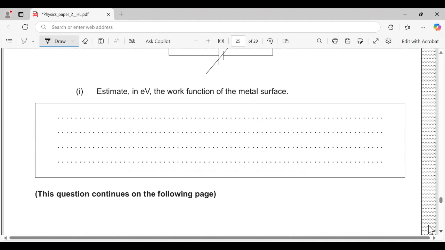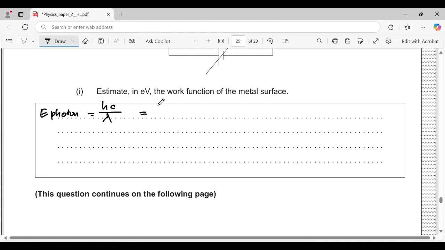Estimate in electron volts the work function of the metal surface. I would like to start from E photon, the energy of photon, equals hc divided by lambda. H is Planck constant, c is speed of light, and lambda is wavelength of light. So E photon equals here